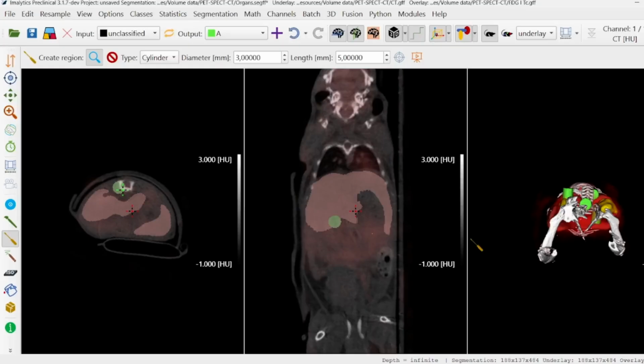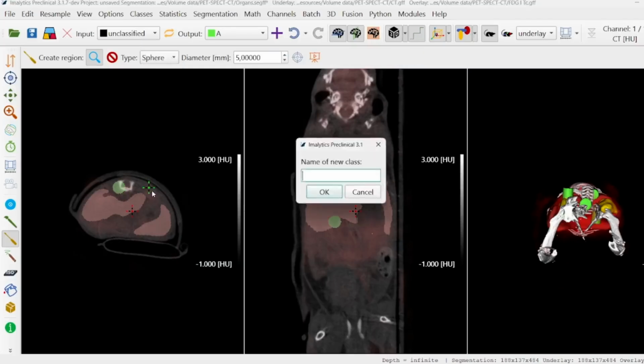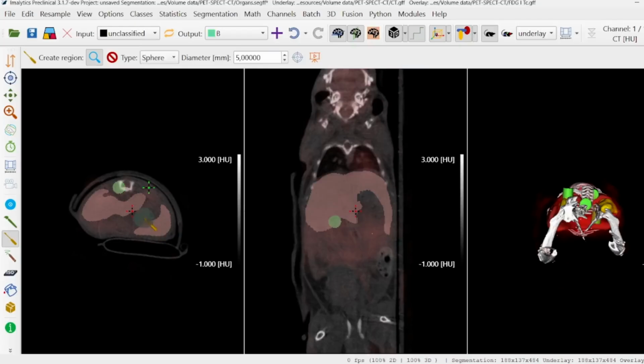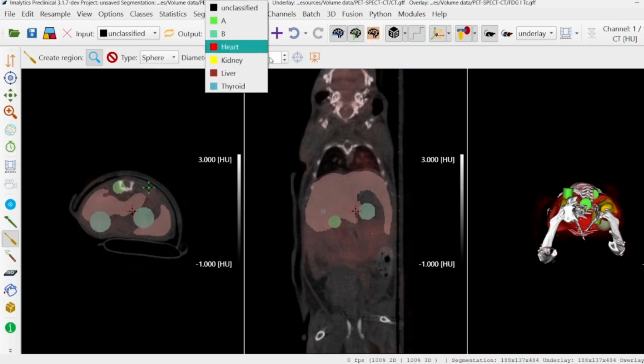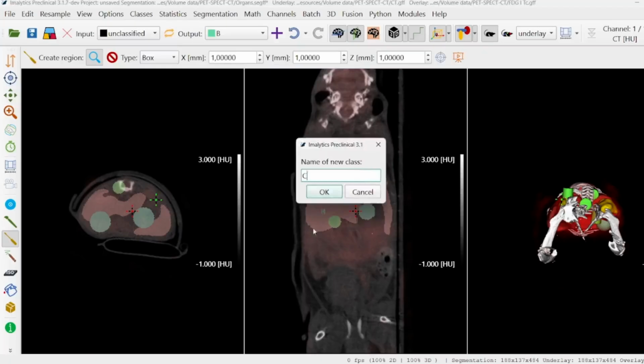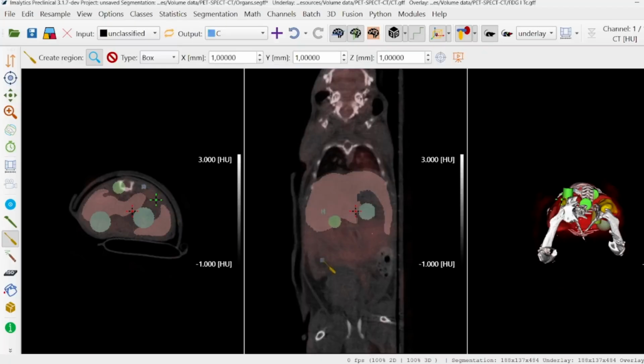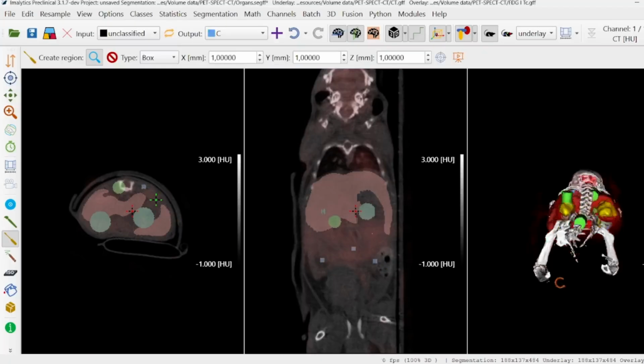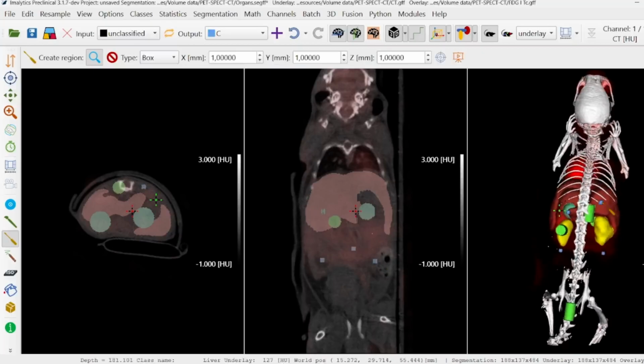We can also add some other regions, for example a sphere with a diameter of 5. I will add a new class to have a different color. We can add a box. Also in